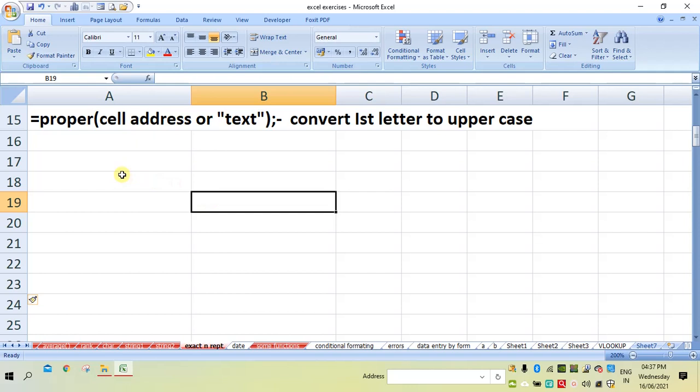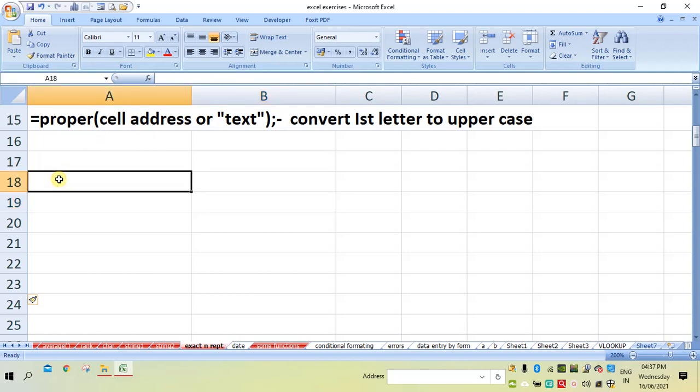The PROPER function is used to convert the first letter of a word to uppercase. Its syntax is PROPER, in bracket either you write a text or a cell address of that text. Now let us see how to convert the first letter of a word into a capital.